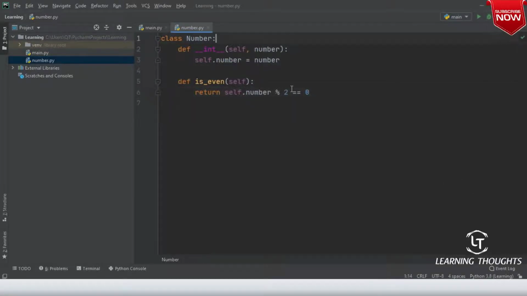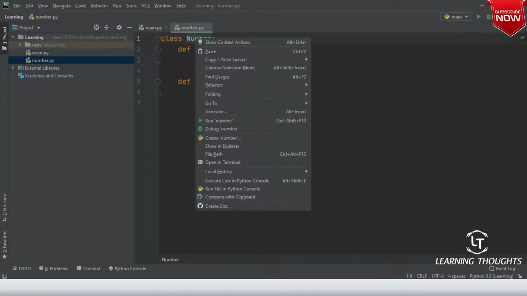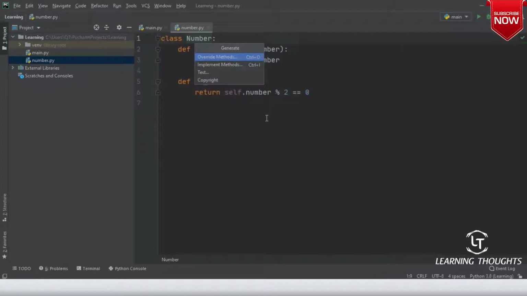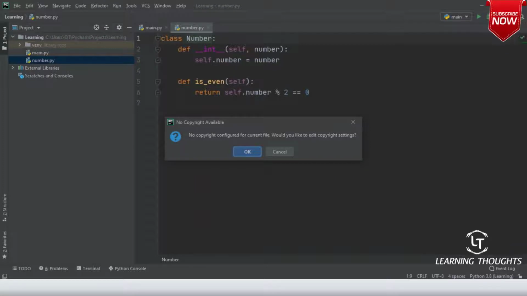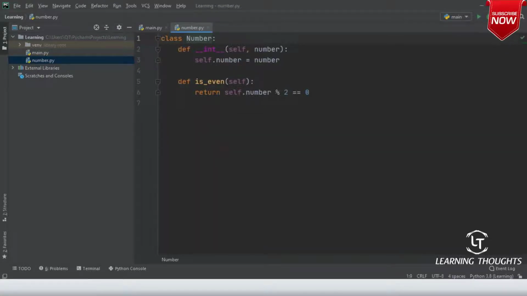Right. And then when you click on this class, are you seeing there are many different things over here? And then there is something called generate. Are you seeing generate copyright? If you try to create a copyright, you can create your own copyright files that your organization will be doing.